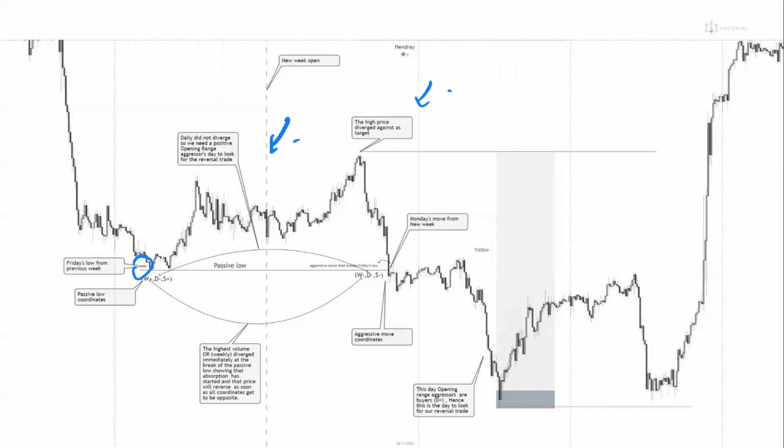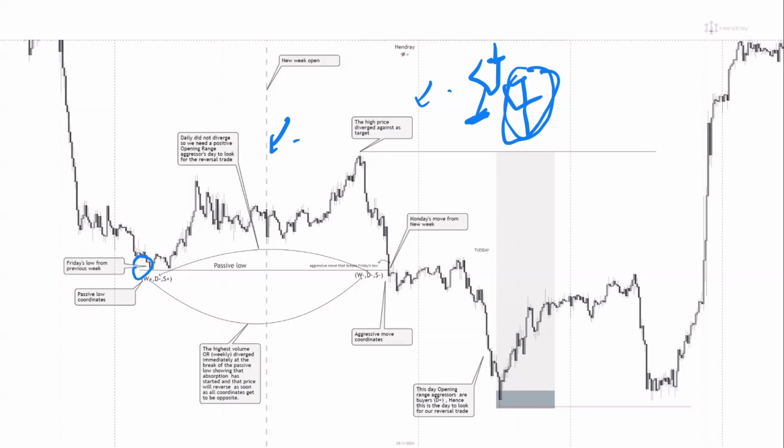I told you a passive simply means even 1 hour ago, even 5 minutes ago, if a certain low was made, even just 1 minute ago, and another low comes to raid it now, this particular move that came to raid it is the aggressor. That particular low that was formed just 1 minute ago is the passive. It's already passive because it has already been reviewed. All right? So that's it.